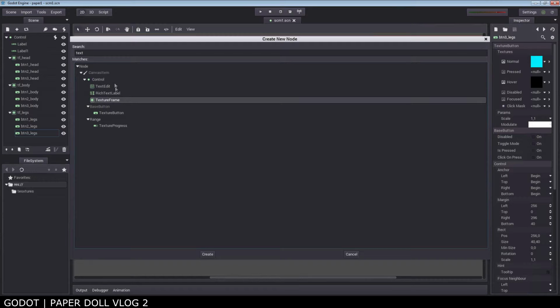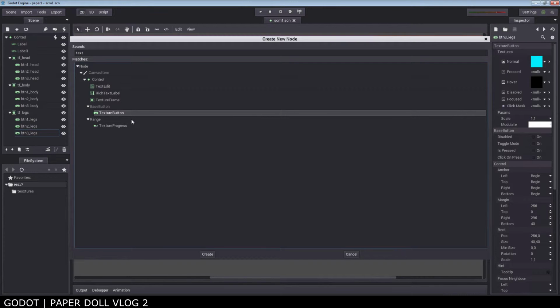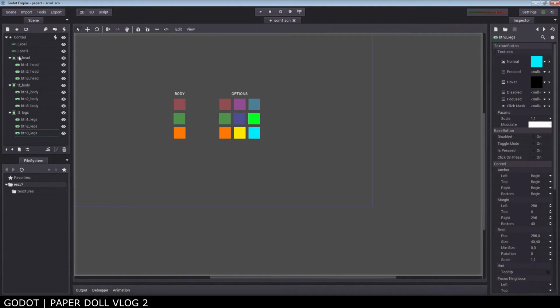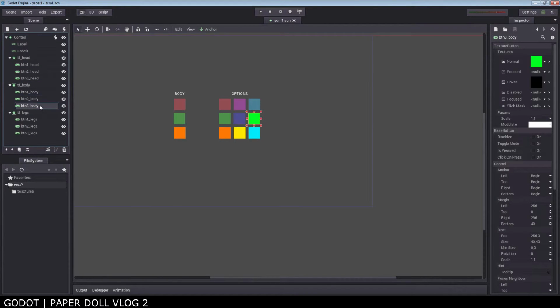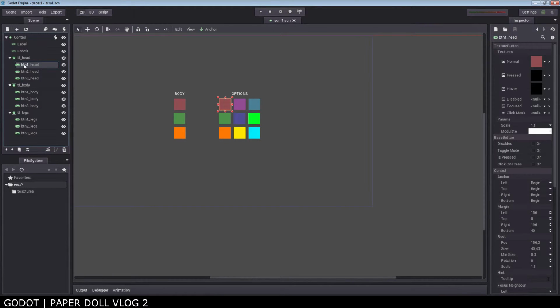And then I added texture buttons as children. So texture frame, texture button, texture button, texture button, texture frame, texture button, texture button, texture button, and so on and so forth. Next, I went into each button and added